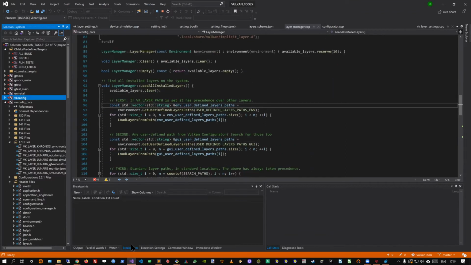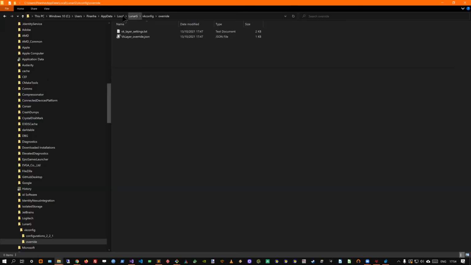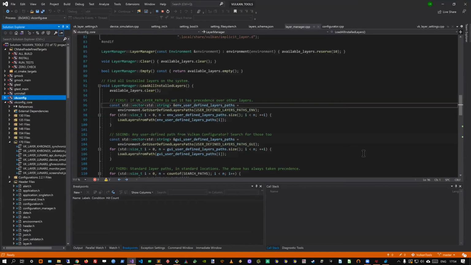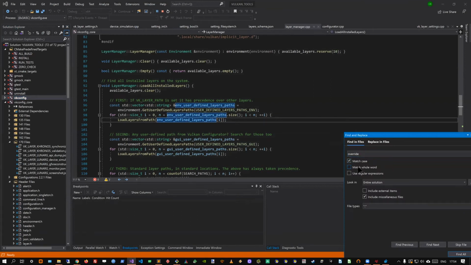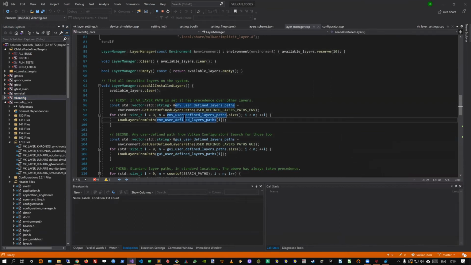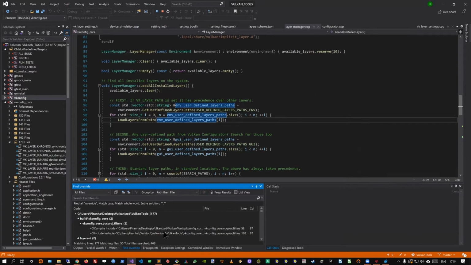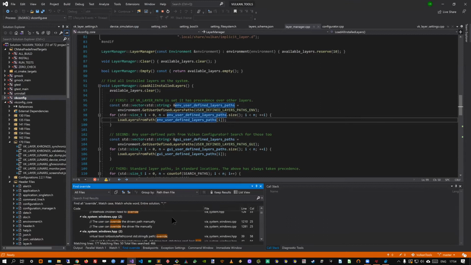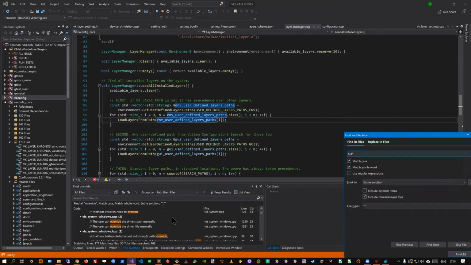So definitely on Windows, it's always going to be in AppData local LunarG vkconfig override. I'm not sure if I will find.